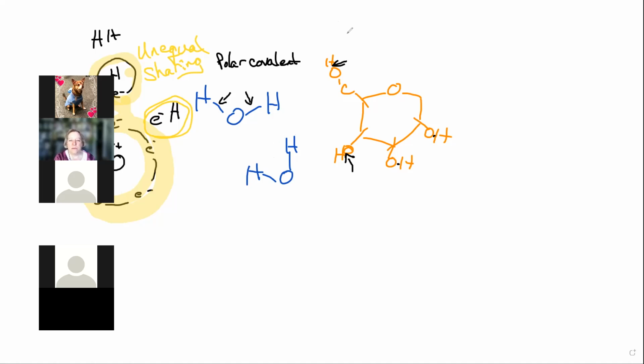Actually, before I do that, I've got a slight positive charge here, slight positive charge here, slight negative charge here. And the same thing is going on over here. I've got a slight negative charge here, slight positive charge here, and the same thing on all of these OH groups. Oops, that's supposed to be negative, slight positive. So what happens is it's like a corporation,